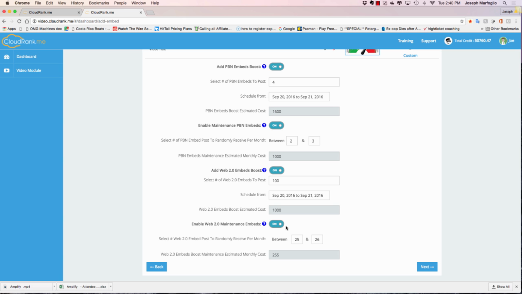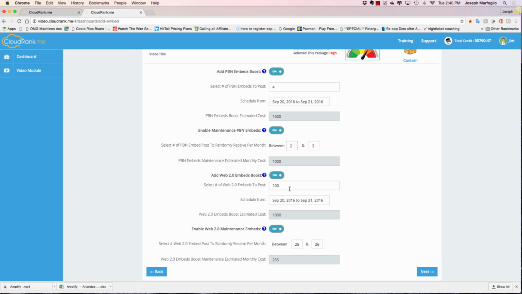There's a lot of software out there that'll create thousands of Web 2.0s, but they're on blogs with no authority, right? They don't create them on WordPress or Blogger or Tumblr or Rebel Mouse or any of those, because it's harder to do it. So they give you 100 spammy, crappy Web 2.0 posts. Well, that's not what we're doing here. I mean, this is definitely high quality, and this tool is for people who are serious about wanting to get ranked.